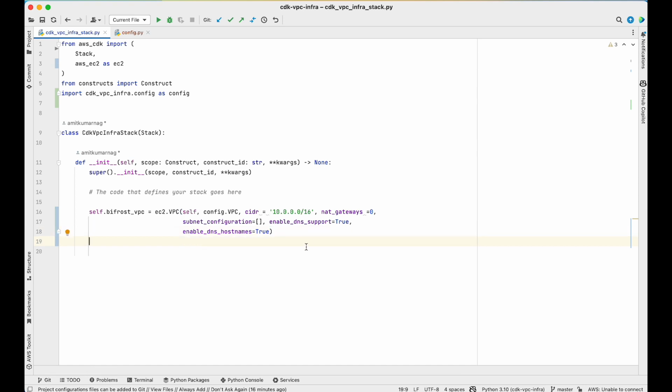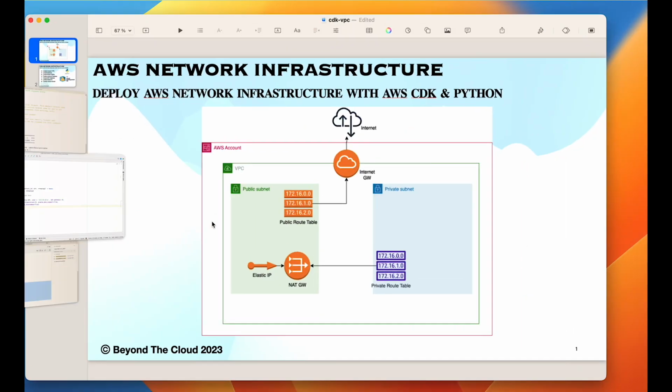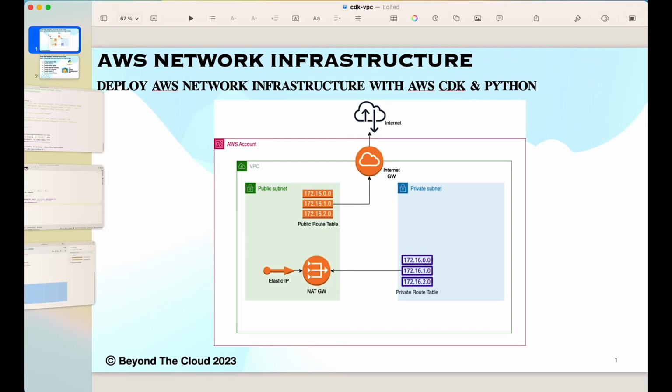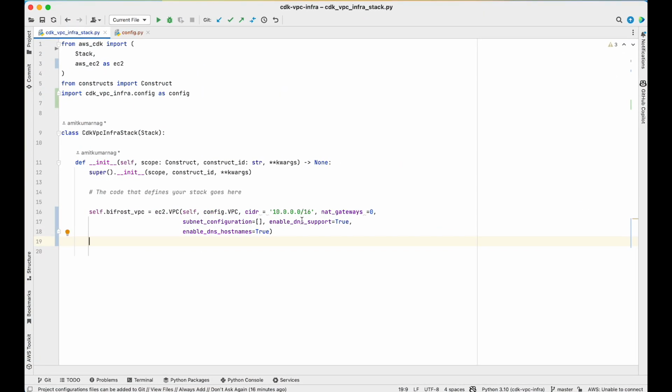Now what we need, we need to create one elastic IP. Why is elastic IP needed? Because elastic IP is needed for our NAT gateway. So let's create an elastic IP. So I will call it as